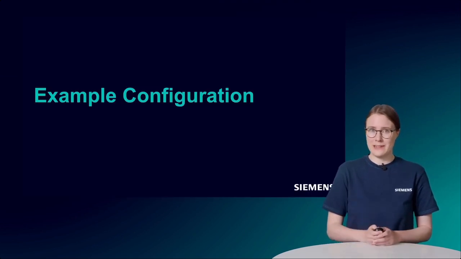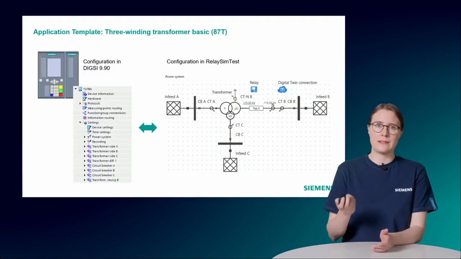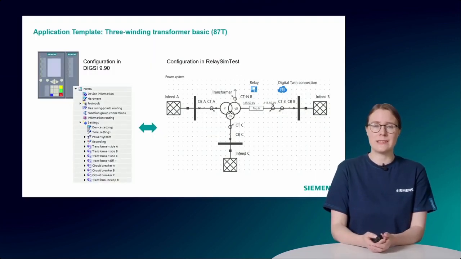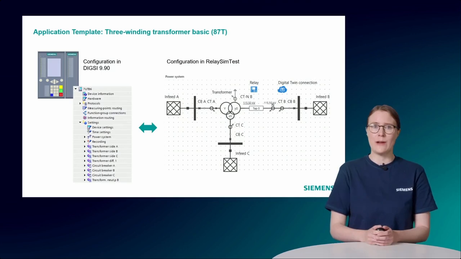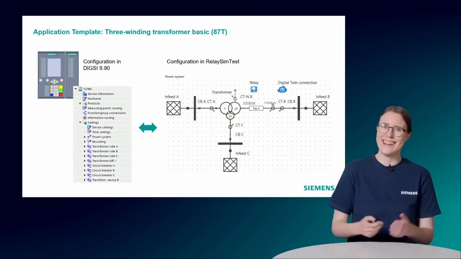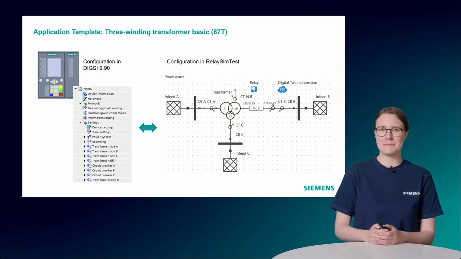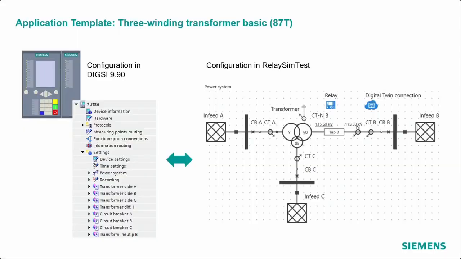For the demo part, Lukas and I prepared a relay configuration together. The device that will be simulated in the CPROTEC 5 digital twin is a 7UT86. We decided to work with the templates or examples that we offer in DIGSI 5 and in the Relay Sim Test library to make things easier for us and more importantly for you when you want to do some tests on your own. The relay configuration was created in DIGSI 9.90 and we used the application template Rewinding Transformer Basic